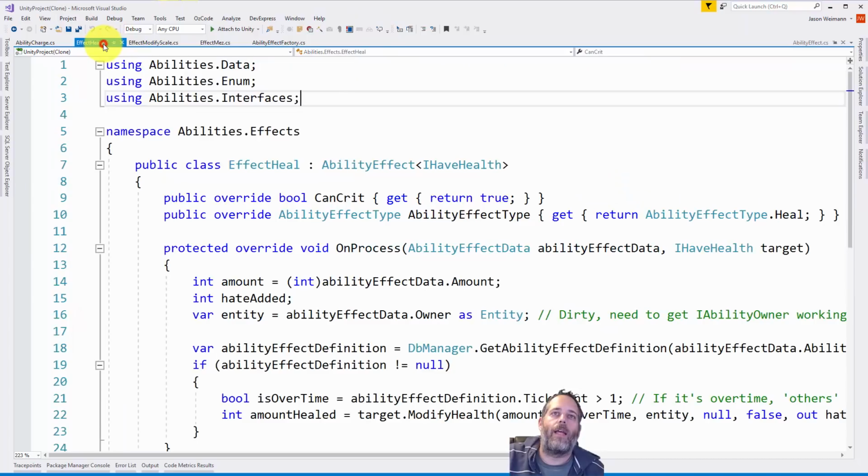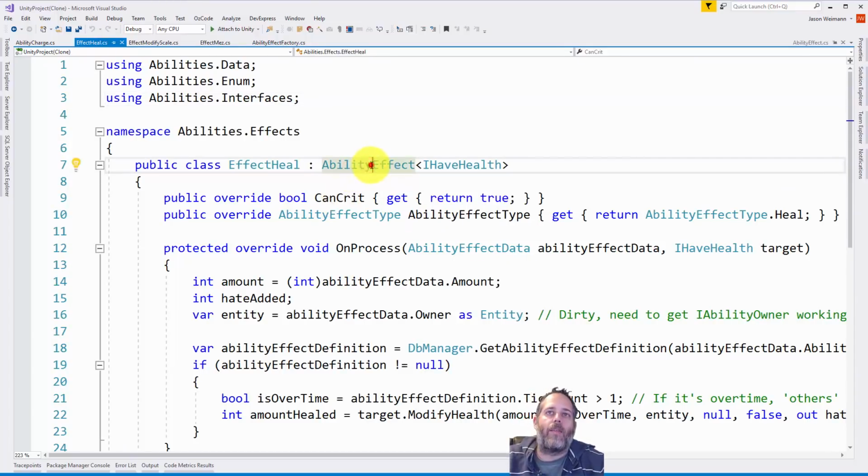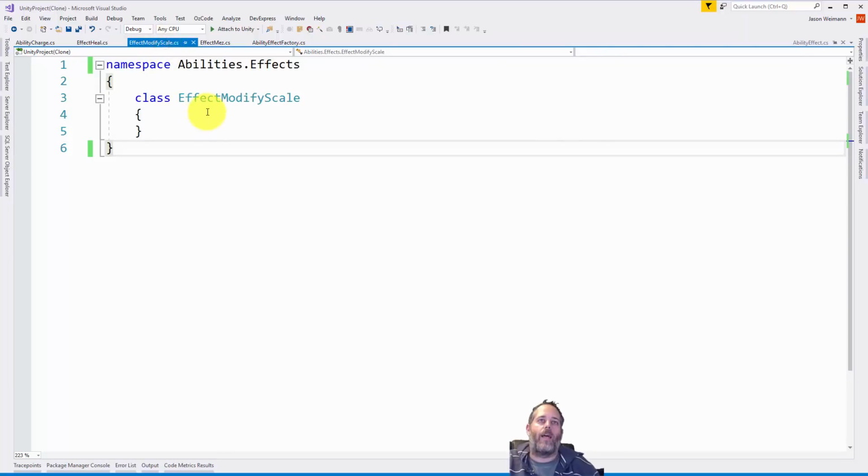Well, let's take a look at effect heal. Now this is really basic. It's just got an ability effect as the base class with a type for my targeting. And then the important part though is right here. So here we just override that effect type and put in the new effect type value, which is just an enum, and we just add a new one, add a new effect, and it all works. So the real benefit here is that now if I want to add in a new effect type, I can